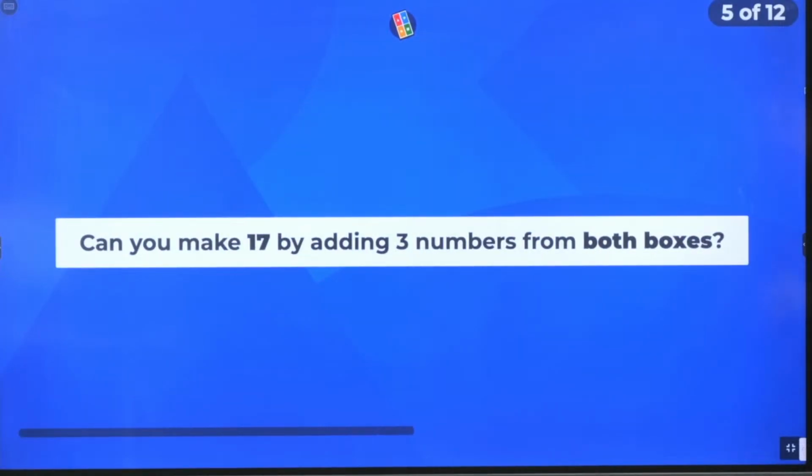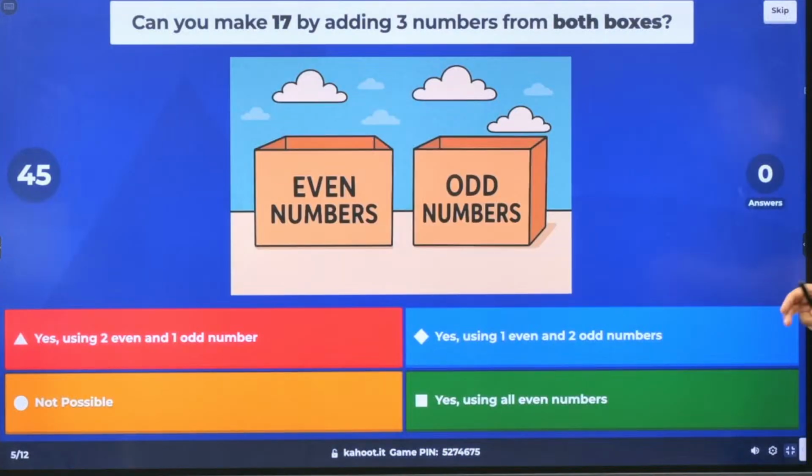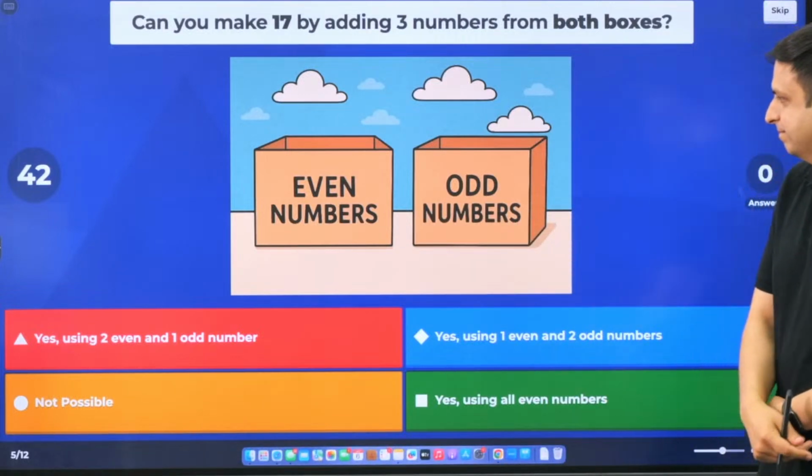Can you make 17 by adding 3 numbers from both boxes, even box, odd box?